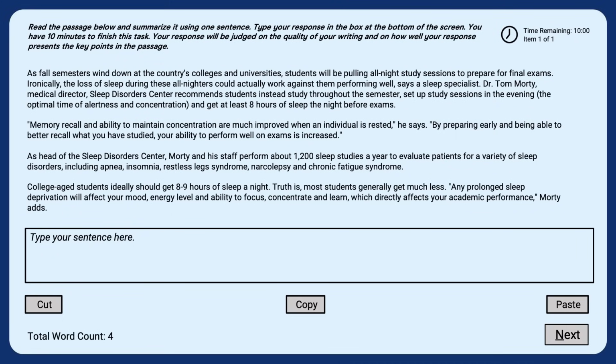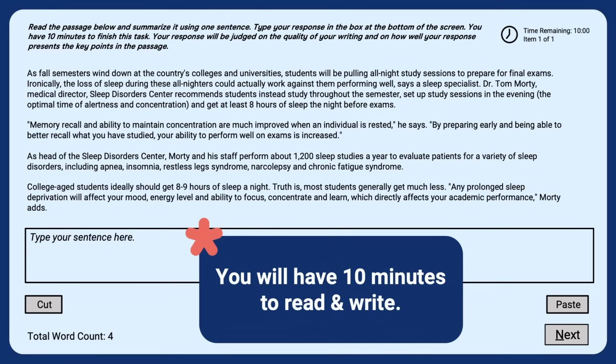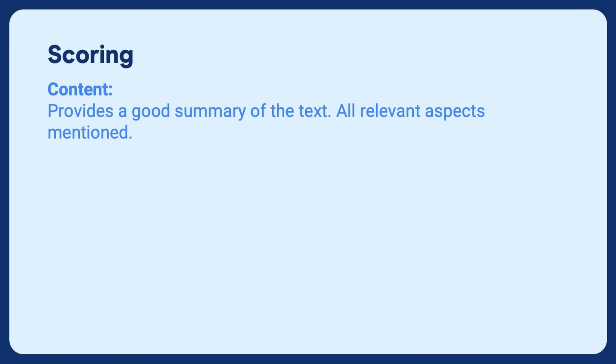This is what Summarize Written Text looks like on test day. You can see a large chunk of text, which you need to read very carefully. Then what you need to do is summarize all of that text into a single sentence summary, 1 sentence. You will have 10 minutes to do the reading and to write the sentence and to make sure that your sentence is accurate. In Summarize Written Text, you are scored on the content, and you get a top score if